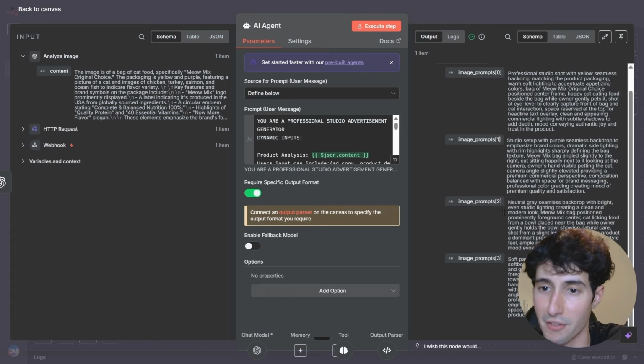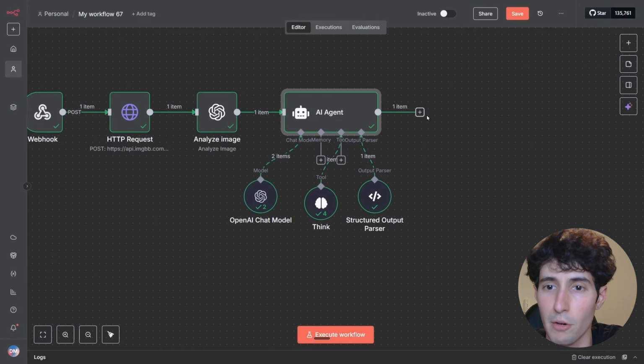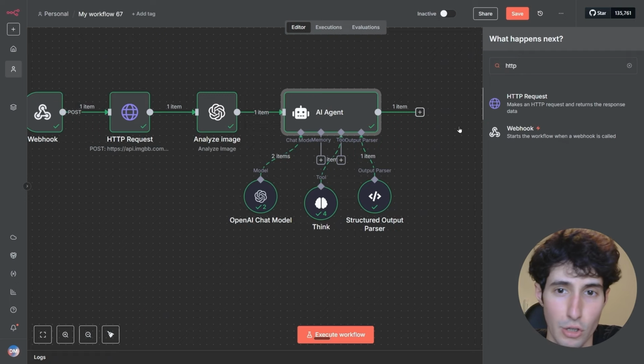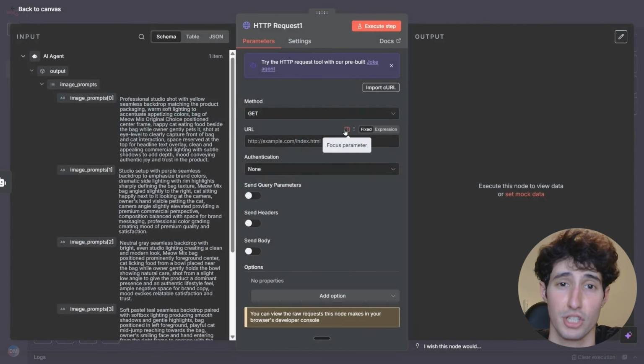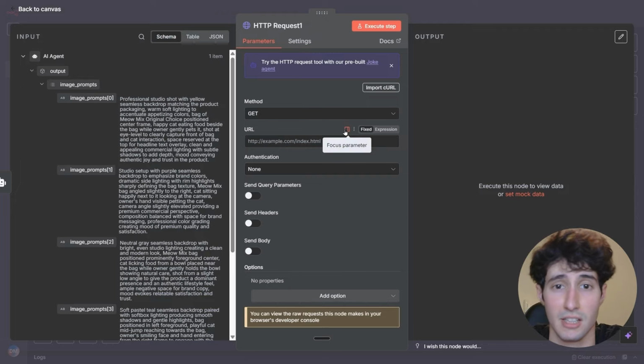So now that we have these 4 prompts, we can take those and send them over to Nano Banana along with the image of our product, and have it generate the starting images for our ads. To do that, I will simply click off of here, and then we need to come over here and search for an HTTP request. And the reason we're going to use an HTTP request, guys, is because there is no native Nano Banana node inside N8N, which means that in order to access it, we will need to hit